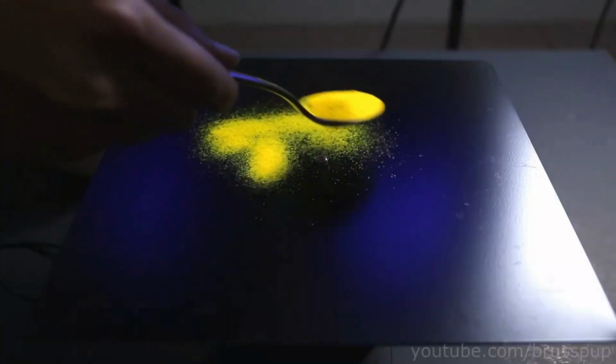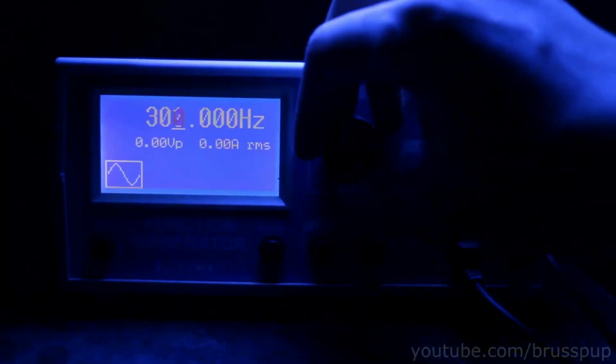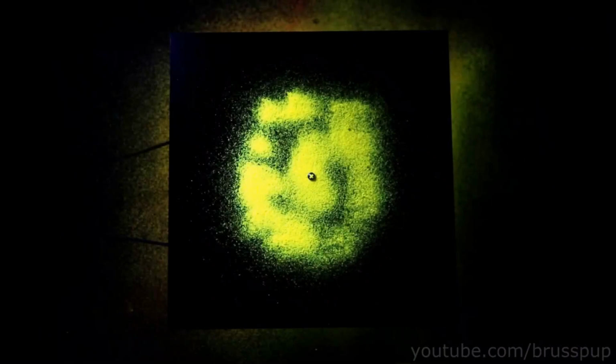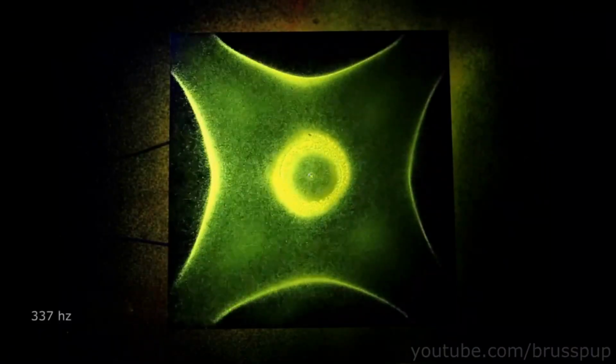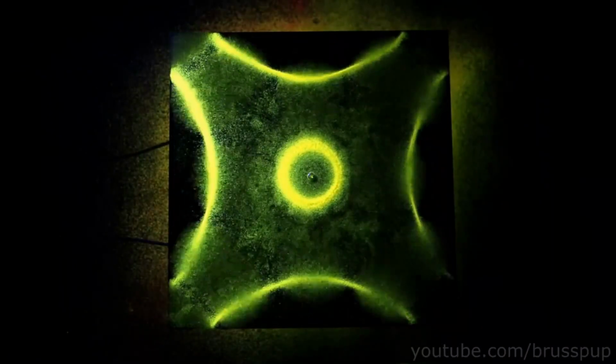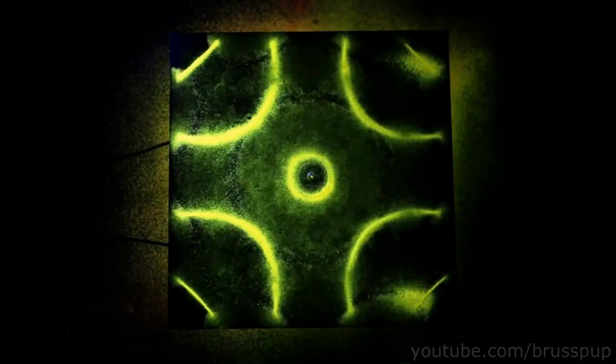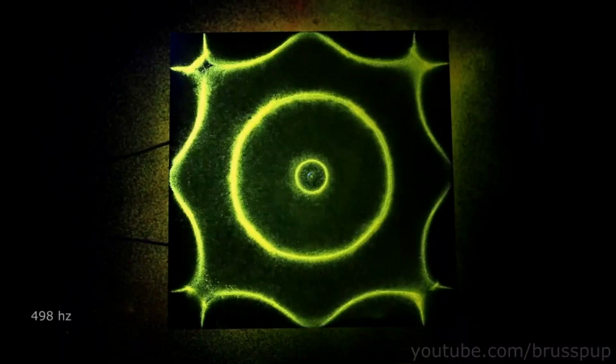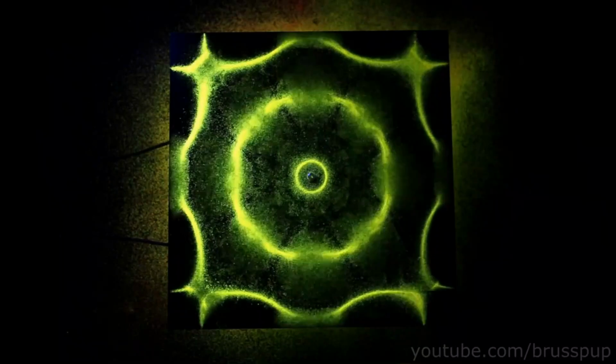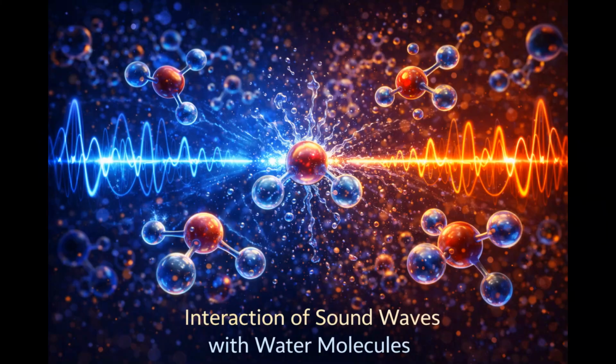So this is a repetition of the same experiment with sand particles. We again see structured symmetrical patterns emerging, similar to the previous experiment. Interestingly, all these geometrical patterns are similar to what we saw in the patterns with the chakras, wherein each frequency was connected to a particular geometric shape of that particular chakra. Similarly, any sound frequency, when it matches a similar frequency, can resonate and create vibrations and form a geometric shape.